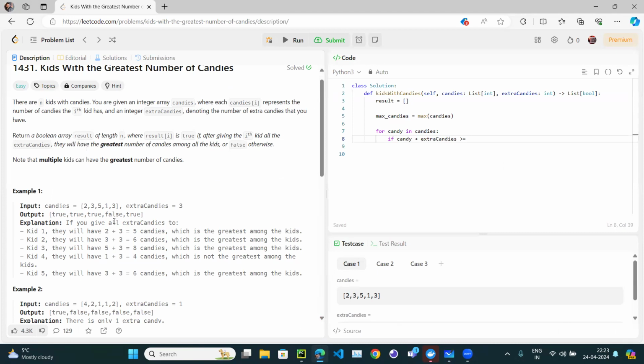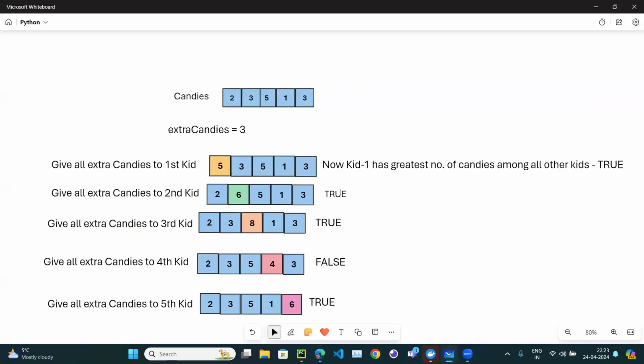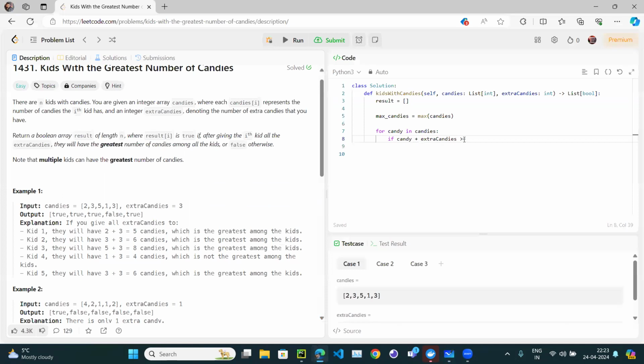So we are checking basically greater than or equal to. So if candy plus extra candy is greater than or equal to max candies, then we need to append true, right? Else we need to append false,